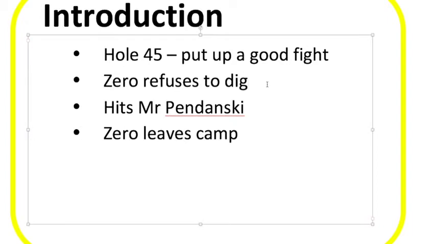Then I need to think about adverbials. Adverbials can be used to link paragraphs. You can use fronted adverbials, or they can be used within a paragraph, linking sentences for a bit of cohesion. Because this is quite a key point, I'm going to go for a fronted adverbial here to link my next bullet point. So I'm going to go from hits Mr. Pendanski.